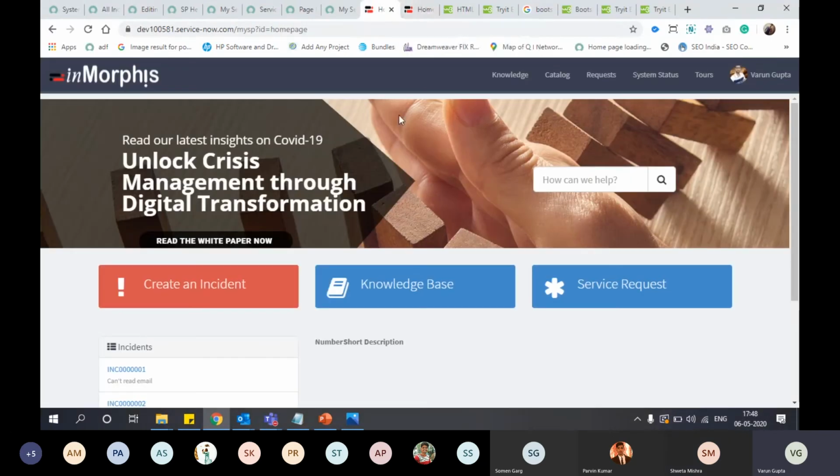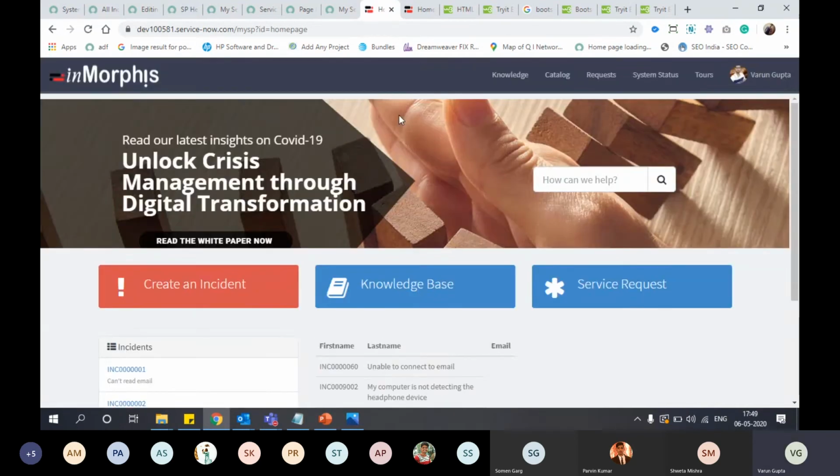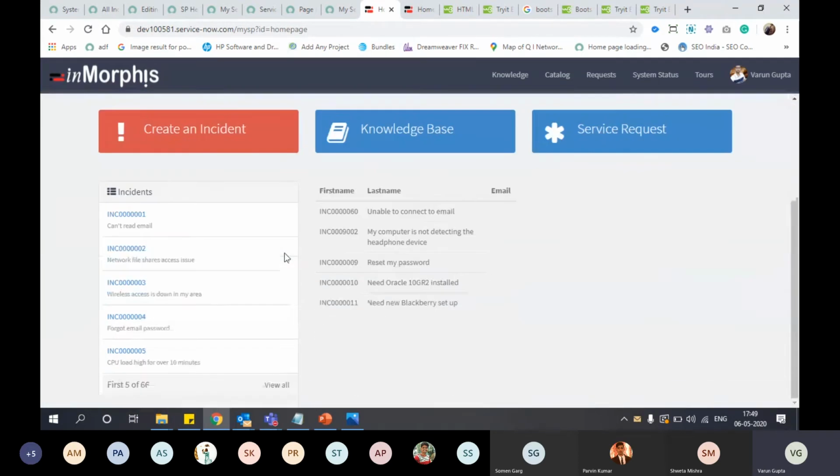Any other questions? So in today's session we have created one portal from scratch. We have configured some widgets and created our own first custom widget.